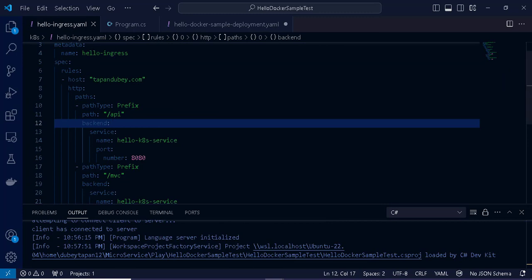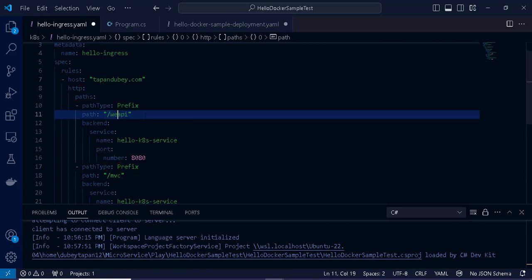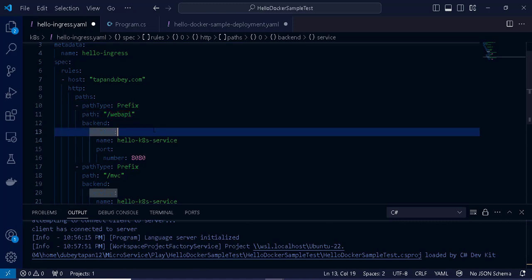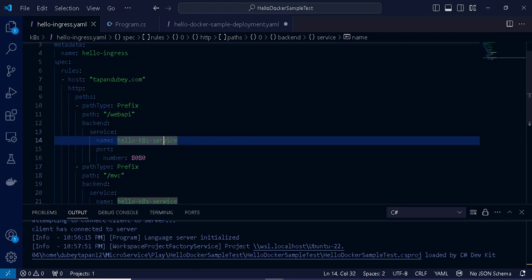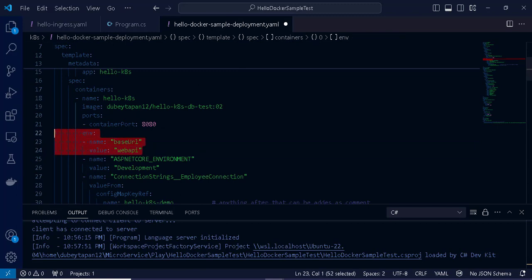For our API we need the value as web API. In ingress I changed it to web API. Now let's add this also here as web API. Let me save this,